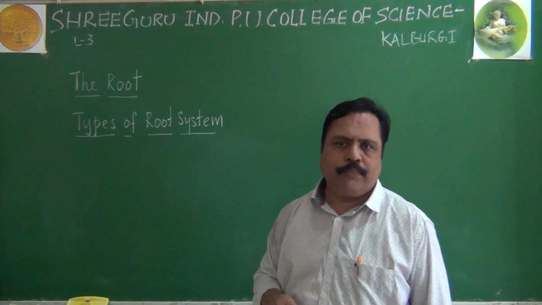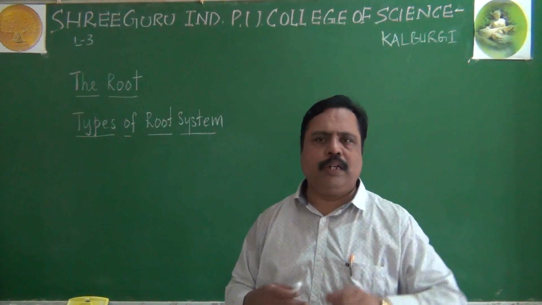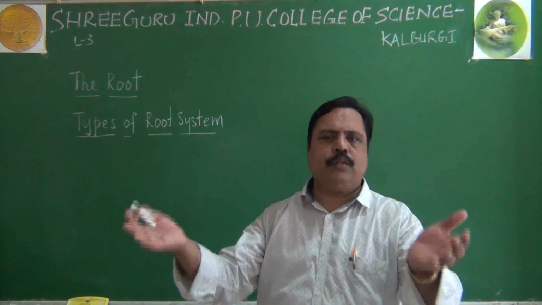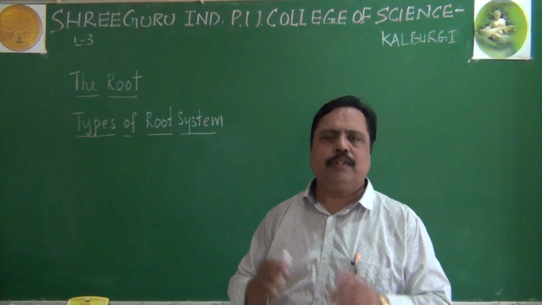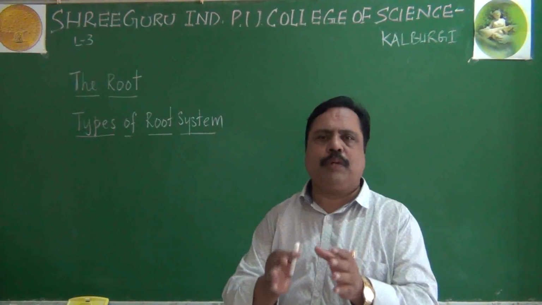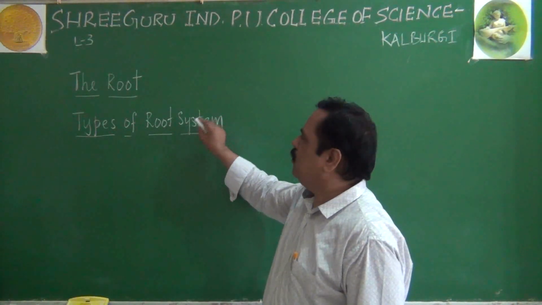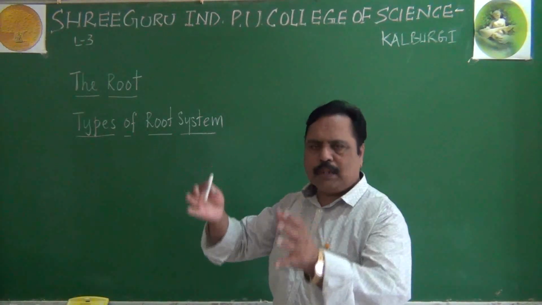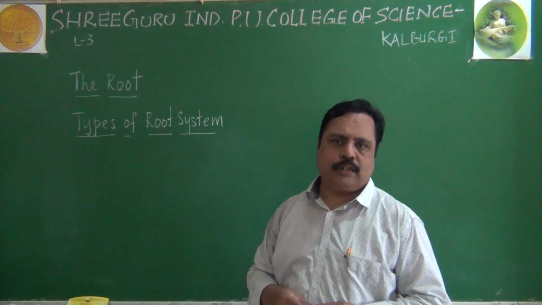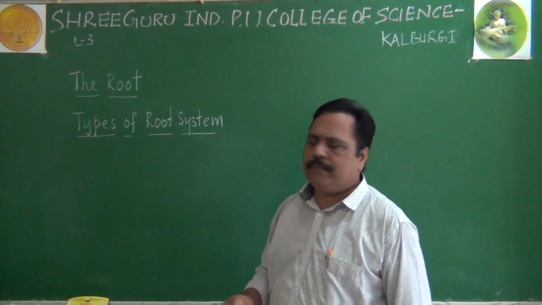For example, digestive system we tell means it is not only one alimentary canal. In addition to that, there will be several glands and other things associated with it. So system means a group of something. Here also root system means a root will not be having only the root in it, otherwise there will be some other associated structures also. About those root system, we are going to study.